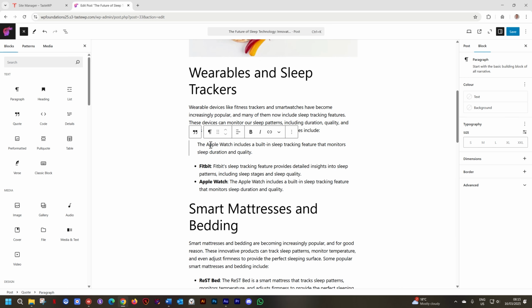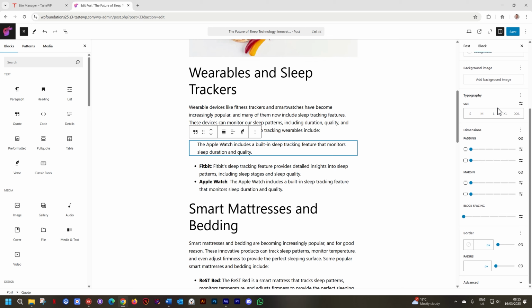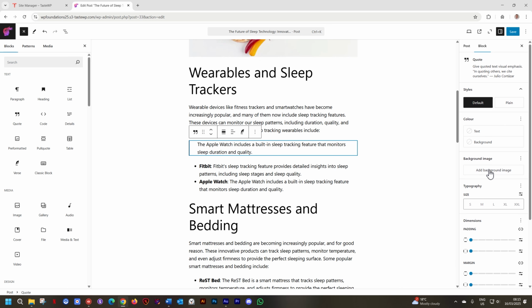Click on it again and note that we have this detached little icon here that shows us that this block is actually a paragraph block, but that it is contained within another block, the parent block, which is a quote block. And if you want to make changes to the quote block, you select this one, and now you are within the quote block. And you will see here in the settings on the right, you have different settings. You have padding, margins, things we will look at in the core module.